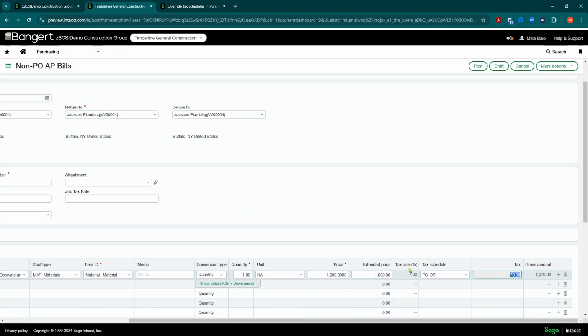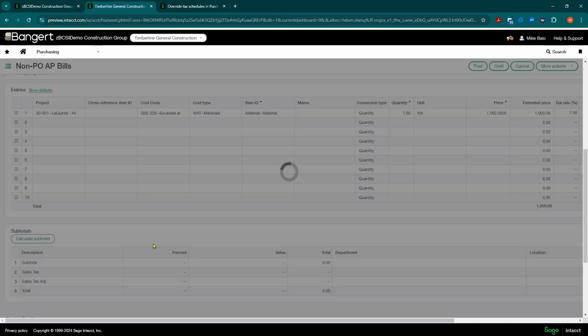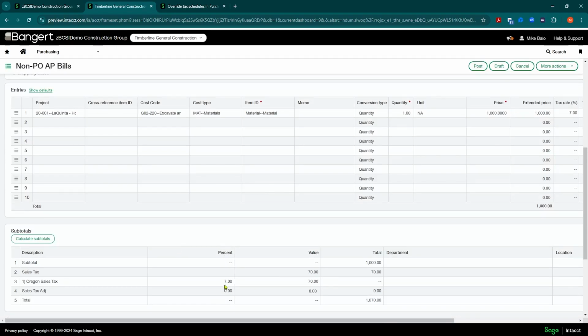Okay. So what's really nice is maybe something isn't right with this. And you can go, make a note and come back into the contact later to correct it. But right now I just need to get this in, and I could go ahead and override that tax schedule right here per line item. And you'll notice at the bottom, you can either click to calculate subtotals now, or when you click post, it'll go ahead and fill it down for you automatically. You do not even need to update the calculate subtotal, but I'll do it here for this demo, and you can see the correct sales tax.